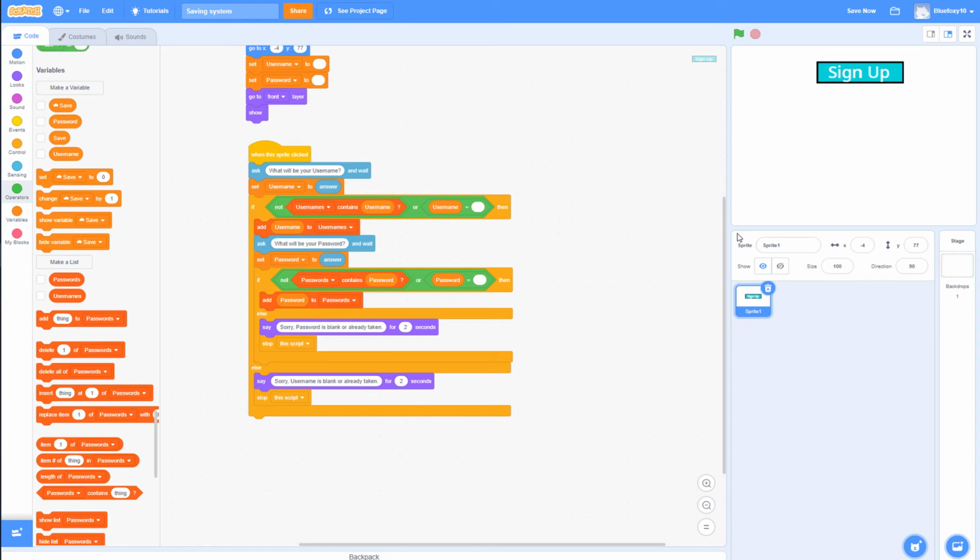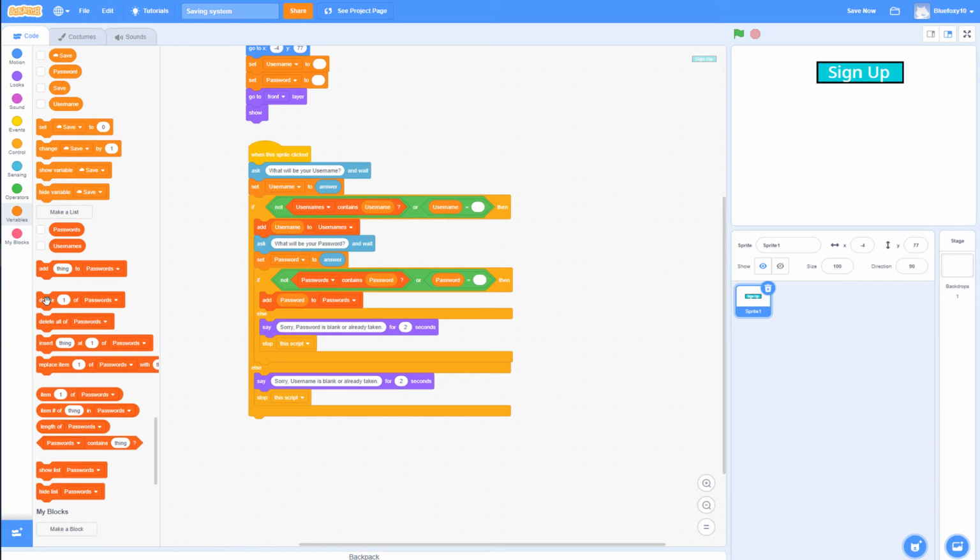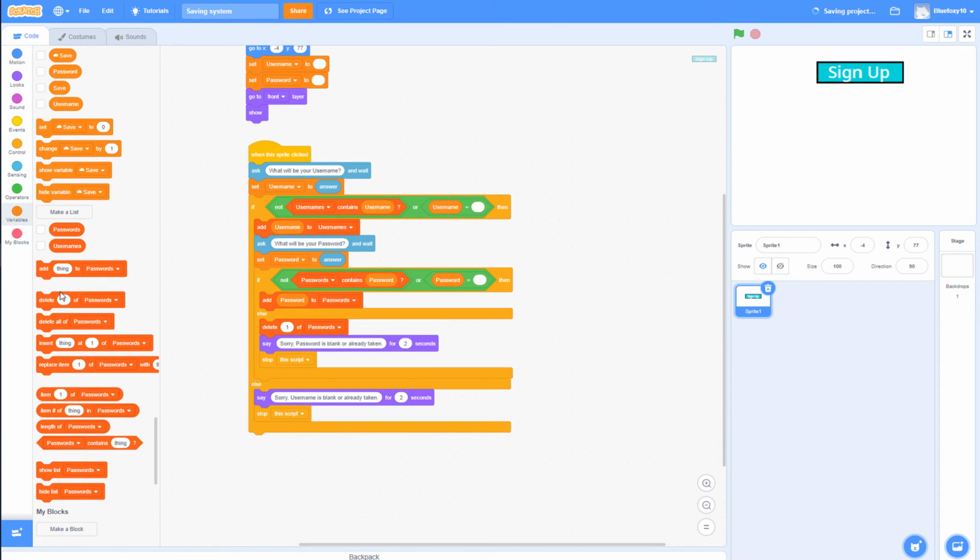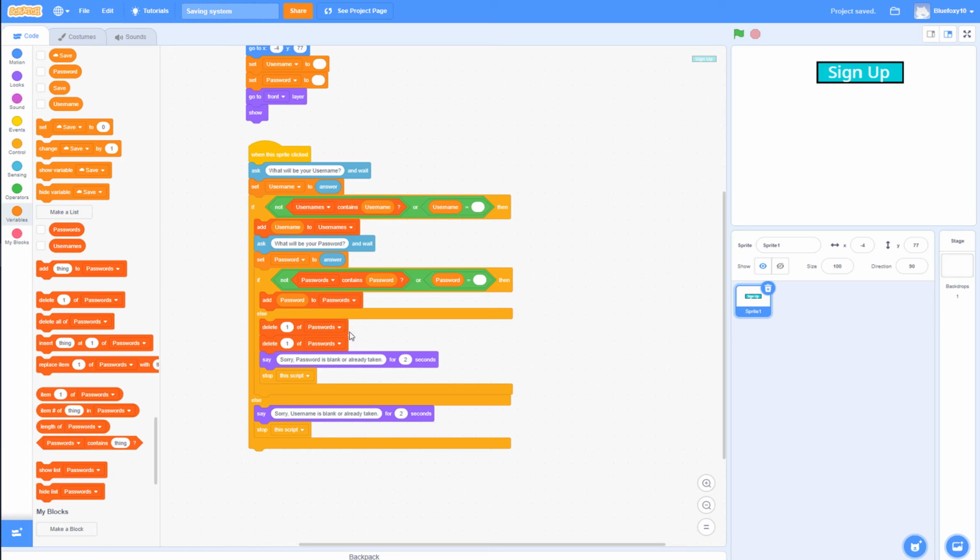Oh yeah, it's very important to do this, because even if you make the username, it still says this or this, then this. And what you want to do is delete, or else it's going to stay even though it says, dude, this is wrong. Of course, it only works for the password, because if you already have the username and then you